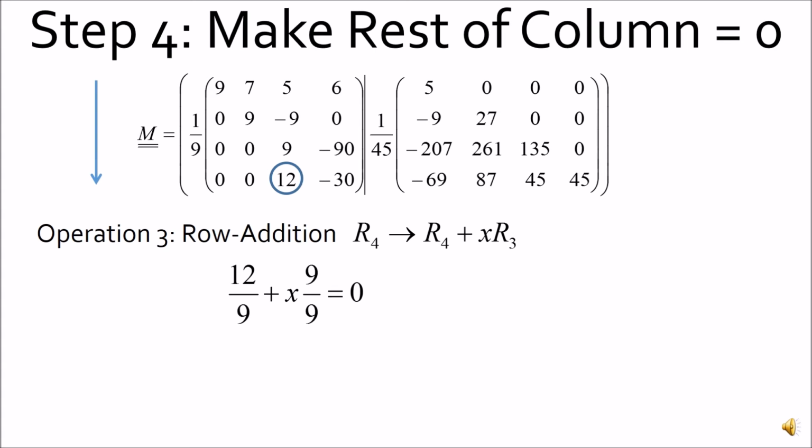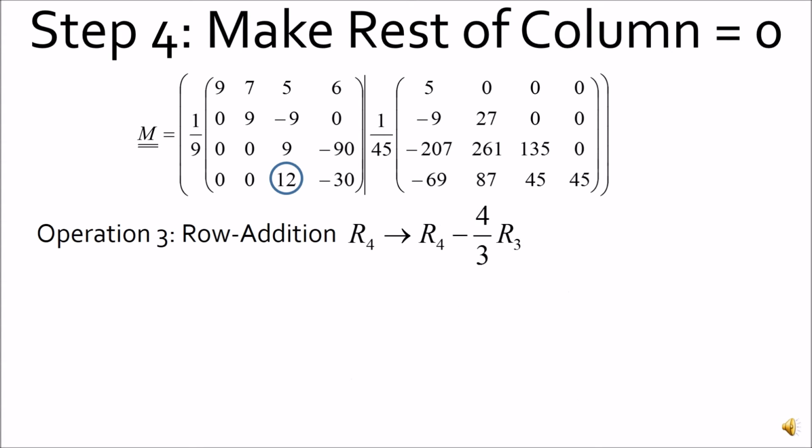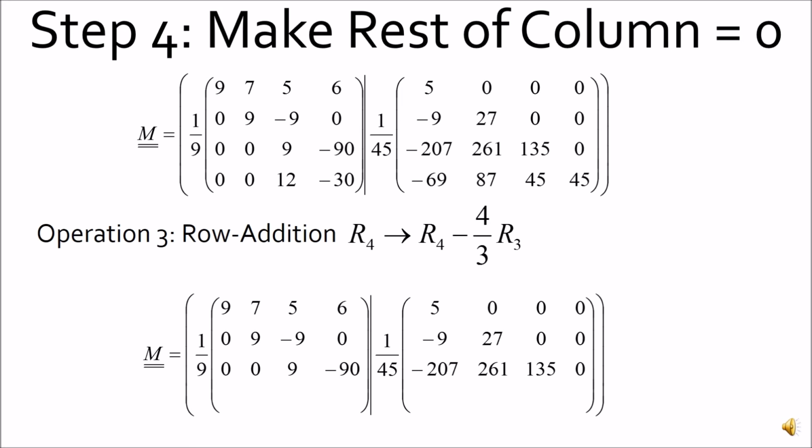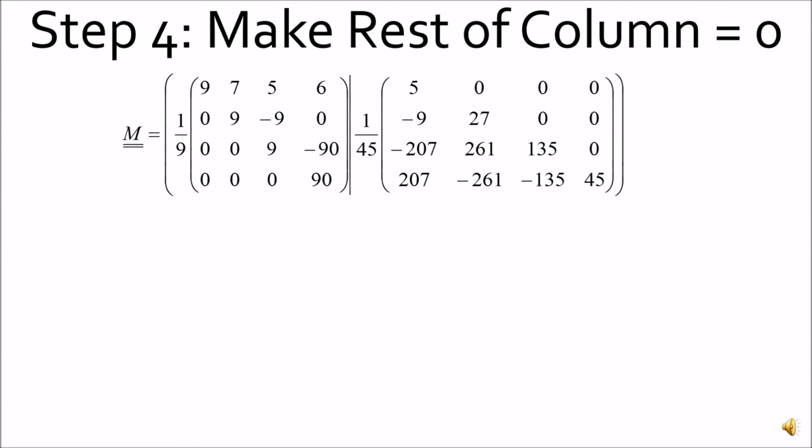and there's only 1 left, and carry out a row addition operation using the third row this time to make that equal to 0. So I won't go through the details, but in this case, we're going to subtract 4/3 of row 3 from row 4, and that will give us what we want. Okay, so let's do that. Apply the operation to every element. And there we go,